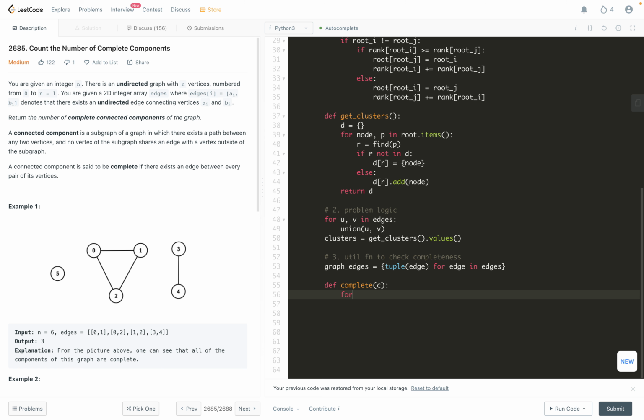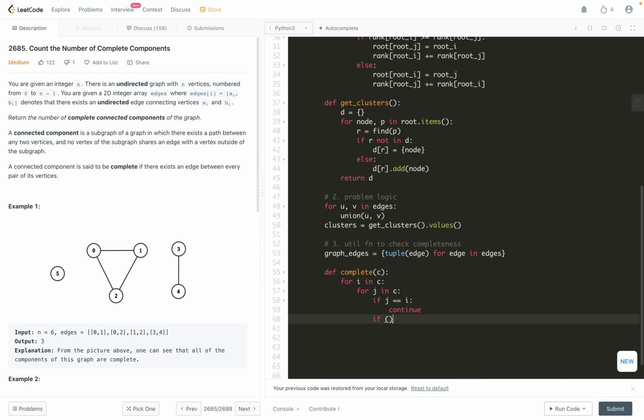Then basically we just check, in a very rough fashion: for i in C, for j in C, if j equals i, we continue. Otherwise, we check if (i, j)